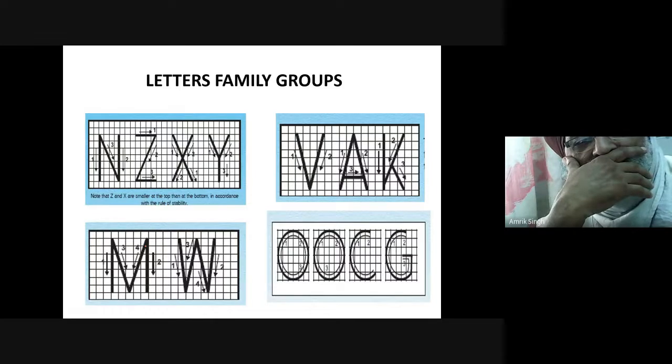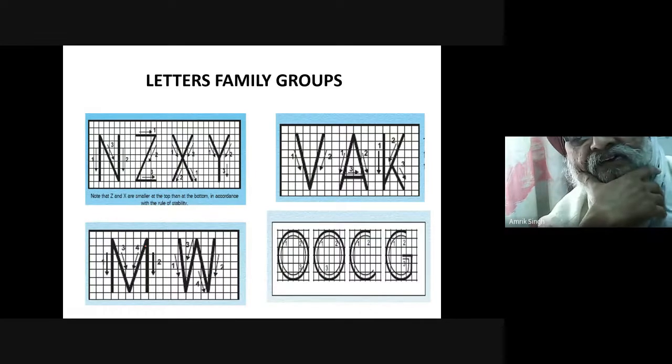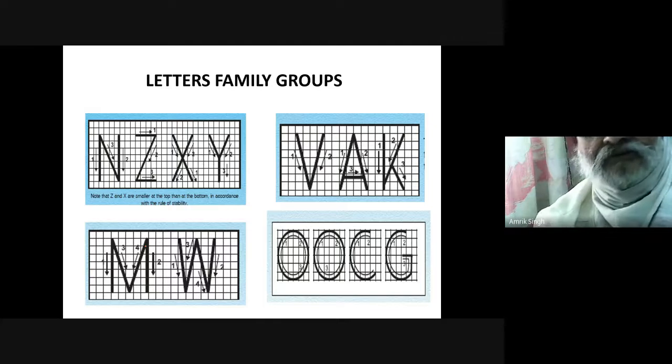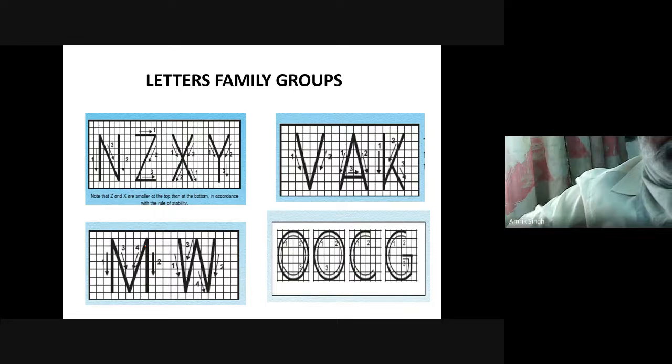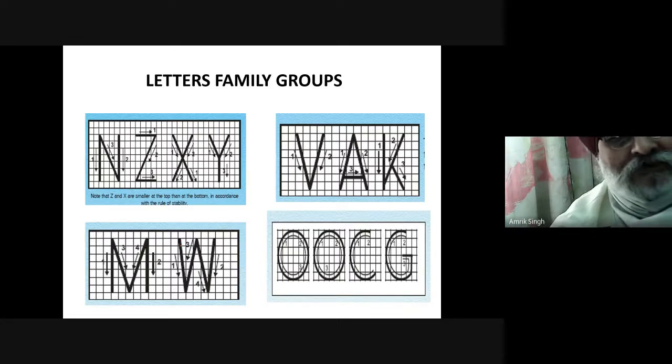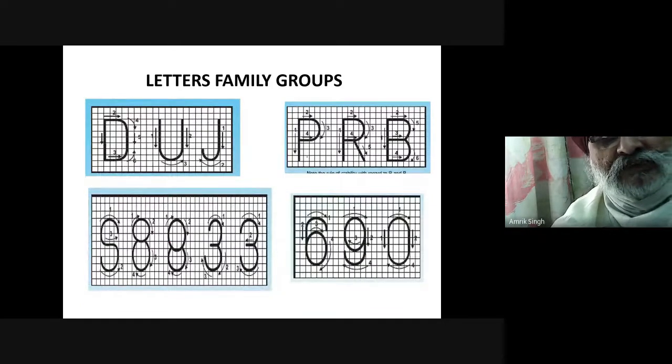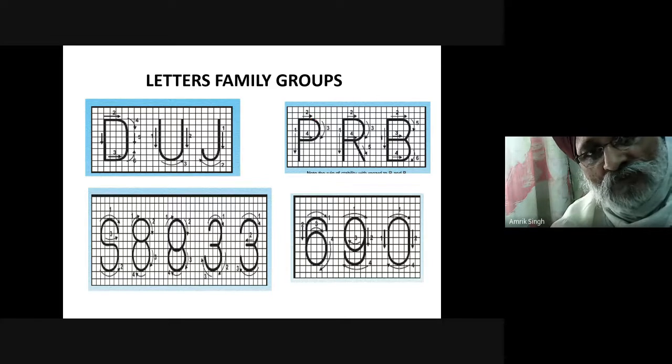So how to write these letters? So when I'll give you the tutorial, at that time you can see this. Okay. Now you see, these are the other families of. Suppose you have to write P. So first you will write like this P, then second stroke, then from here third, and then fourth. So you see, these are the grids.